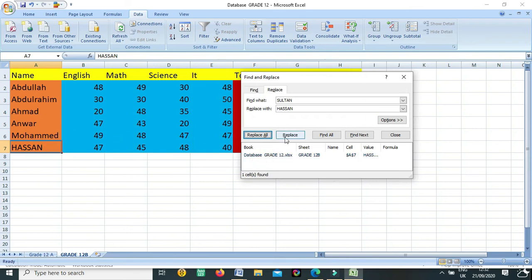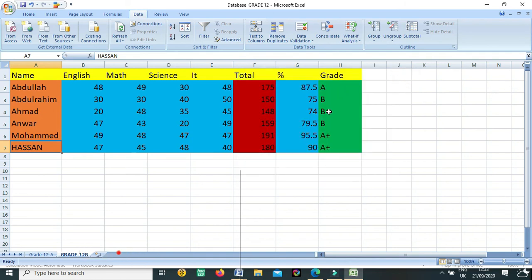So like this you can replace your whole data. Suppose you are in an organization and some of the company names change and you have a database with the old names. You can write the old name and the new name, and wherever the old name is used in the database, it will change. But you have to do replace all, not replace, because with replace only one name will change. If you do replace all, it will search your whole database for the particular name and then change it.